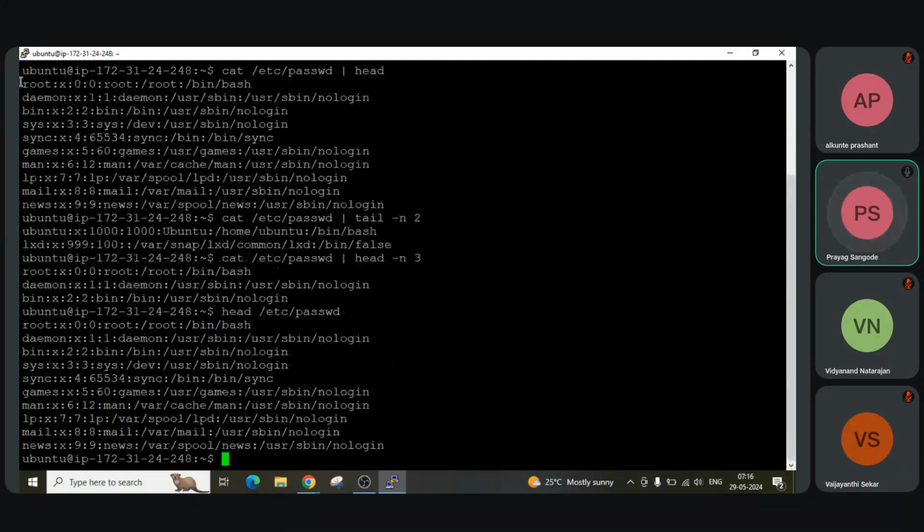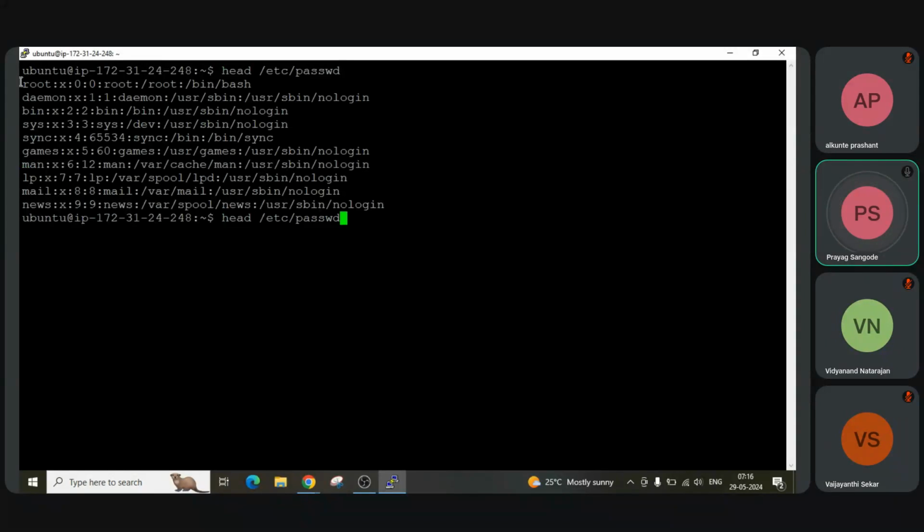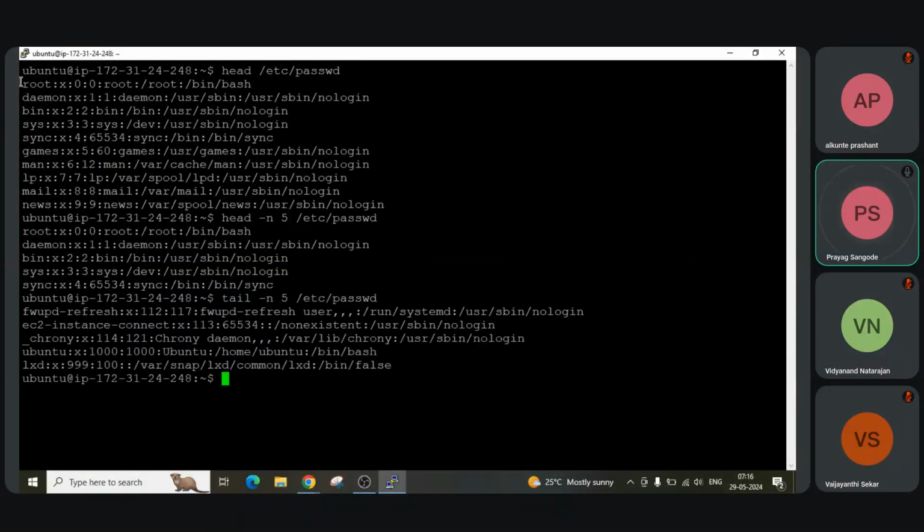Okay, and head -n5 shows only the first 5 lines. Okay, and similarly tail shows only the last 5 lines. So head and tail are also important commands